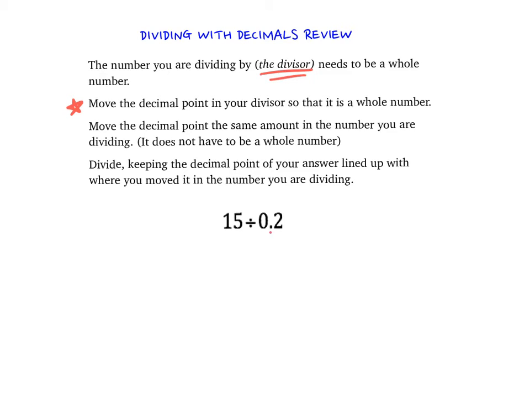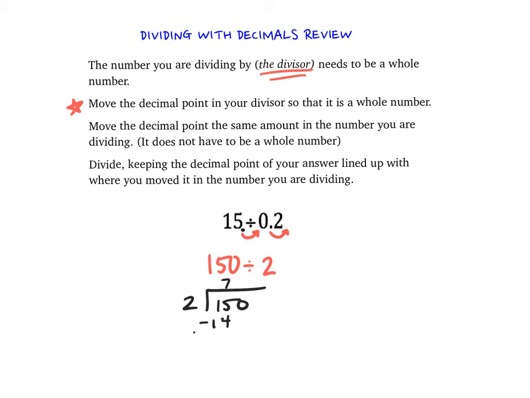So looking here, that means I would need to shift it to the right 1 spot. And I'm actually going to turn that into 2. Well, whatever I do to one number, I have to do to the other as well. So I would take my 15, that decimal point is really right here, and shift it over once as well, which would really turn that into 150. So what's neat about decimals is 15 divided by 2/10 is mathematically the same as 150 divided by 2. So I could set up my division